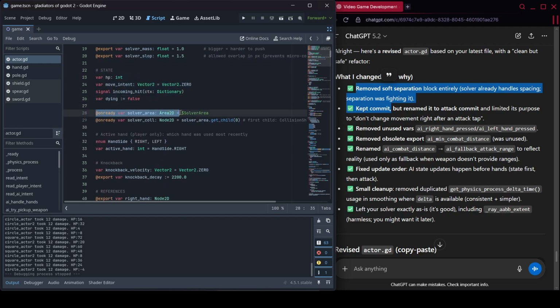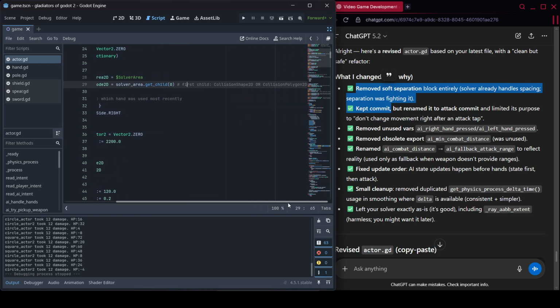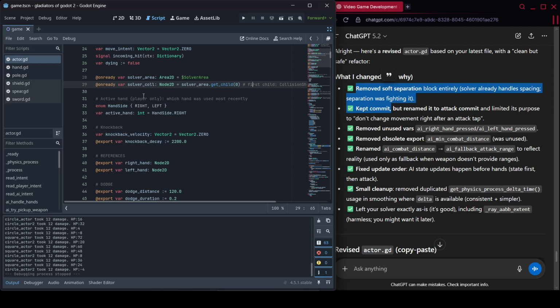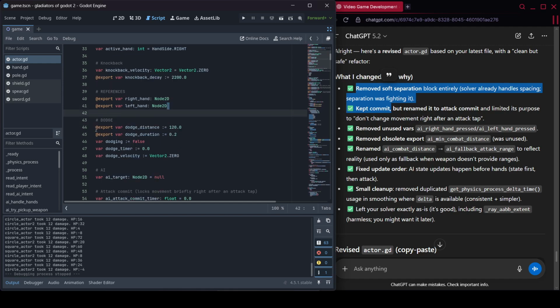Perfect. On ready, solver area. These are not a problem. First child, relationship 2. Okay. That's okay. Active hand, player hand. Only which hand was used most. Yes, this is what handles equipped drop. Okay, knockback. Perfect. References. Okay. Dodge distance, dodge duration,